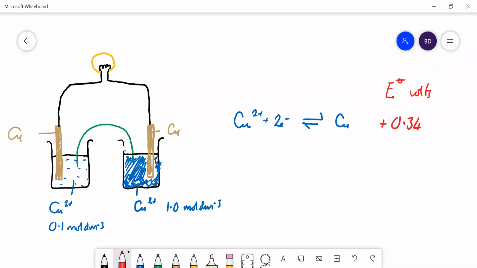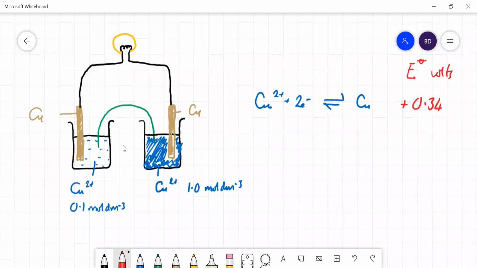AQA did a question on this a few years back, and it's quite a nice way of showing how having non-standard conditions affects the electrode potentials. What we've got is two beakers of copper sulfate with copper rods in them. The only difference is the one on the left is a lot weaker, a lot more dilute. It's only 0.1 mole per decimeter cubed, and the one on the right is the standard concentration, 1 mole